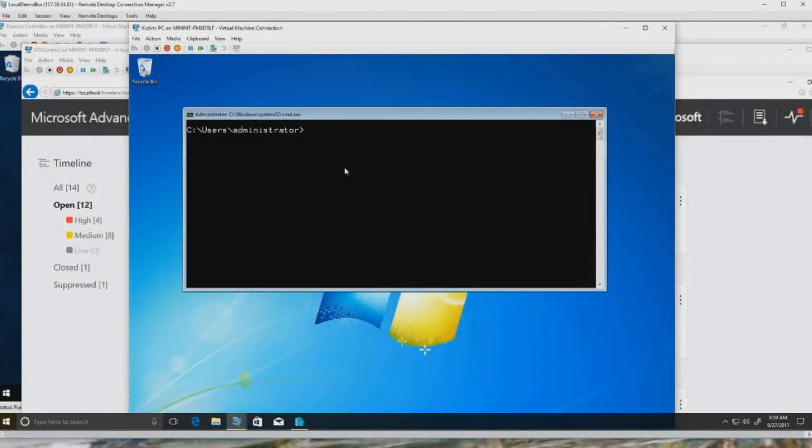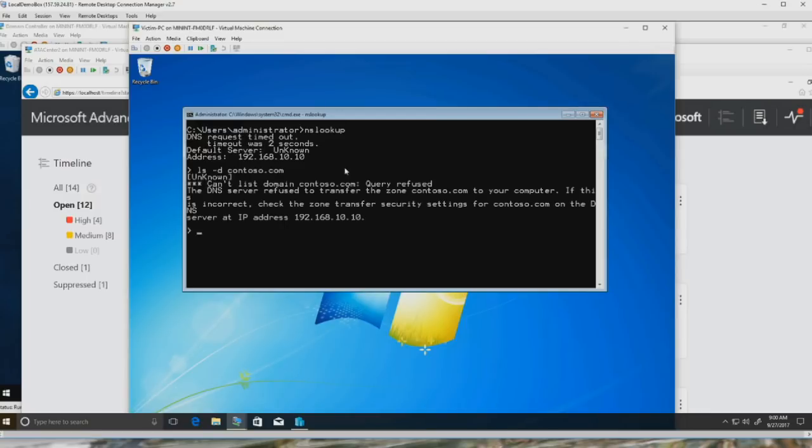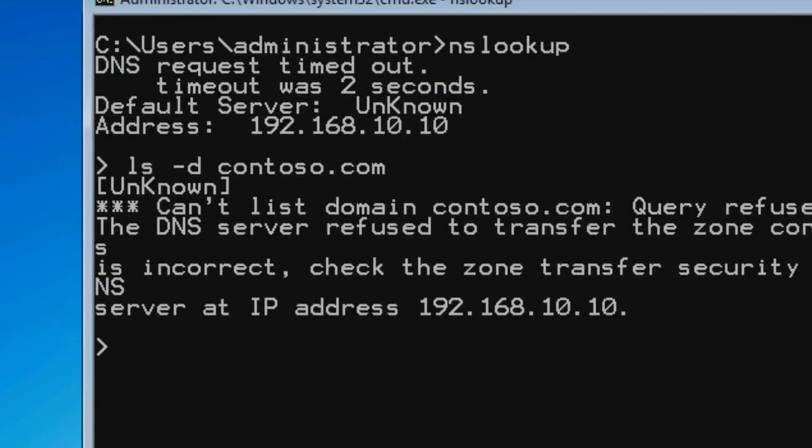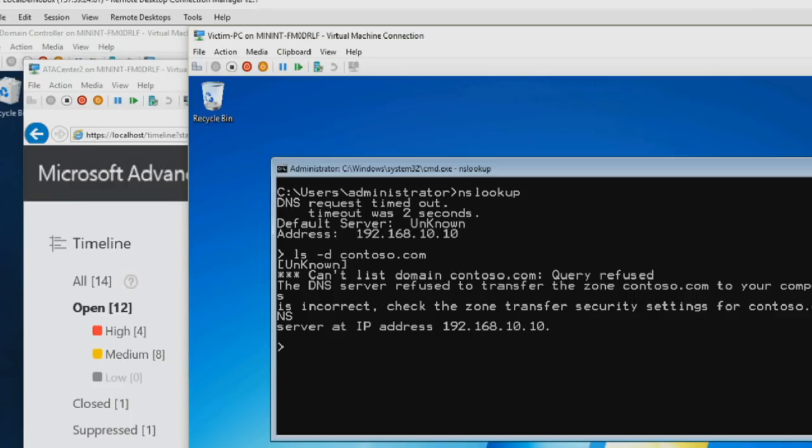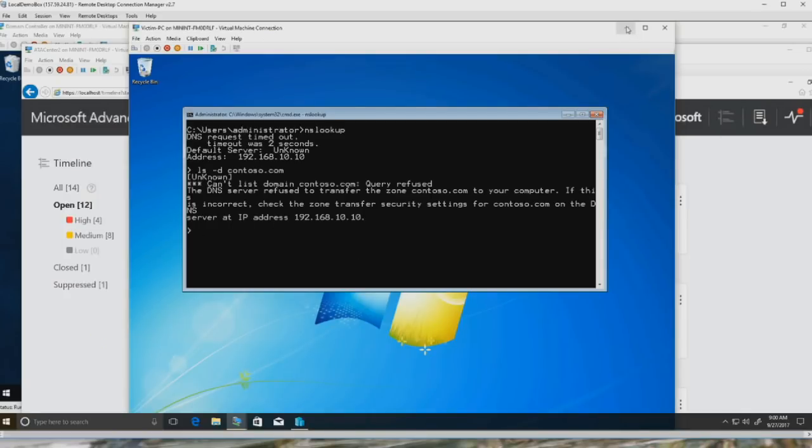So one very, very quick detection we can do, just to make sure that your domain controllers are talking to the center so you can see things, is if I do an NS lookup. DNS reconnaissance is something that a lot of attackers will use just to try and see what's happening in your environment. And so here, all I've done is a dump of my contoso.com. And you can see that the transfer didn't work. It was refused. But the fact that I tried a DNS reconnaissance is something that ATA will pick up.